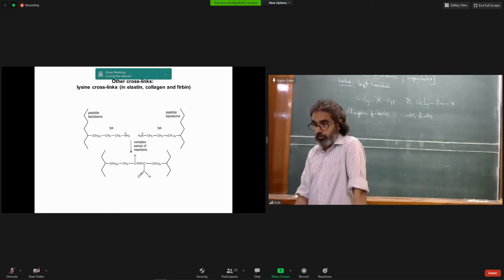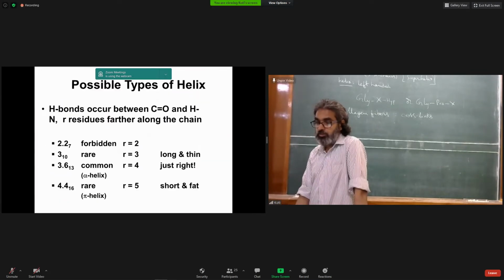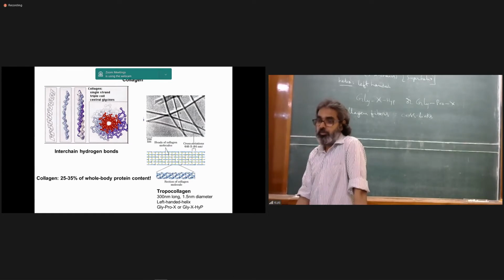And this is a covalent cross-link. So then stability really increases. It shows that once you have this connective tissue, it lasts a really long time. So you can't just replace this entirely. So this is extracellular.